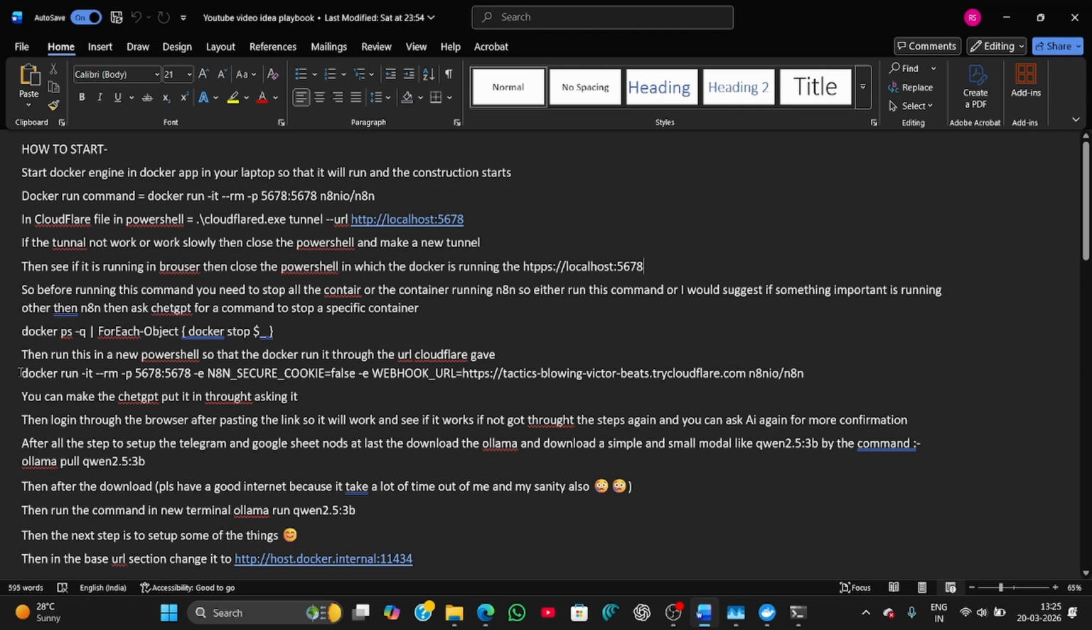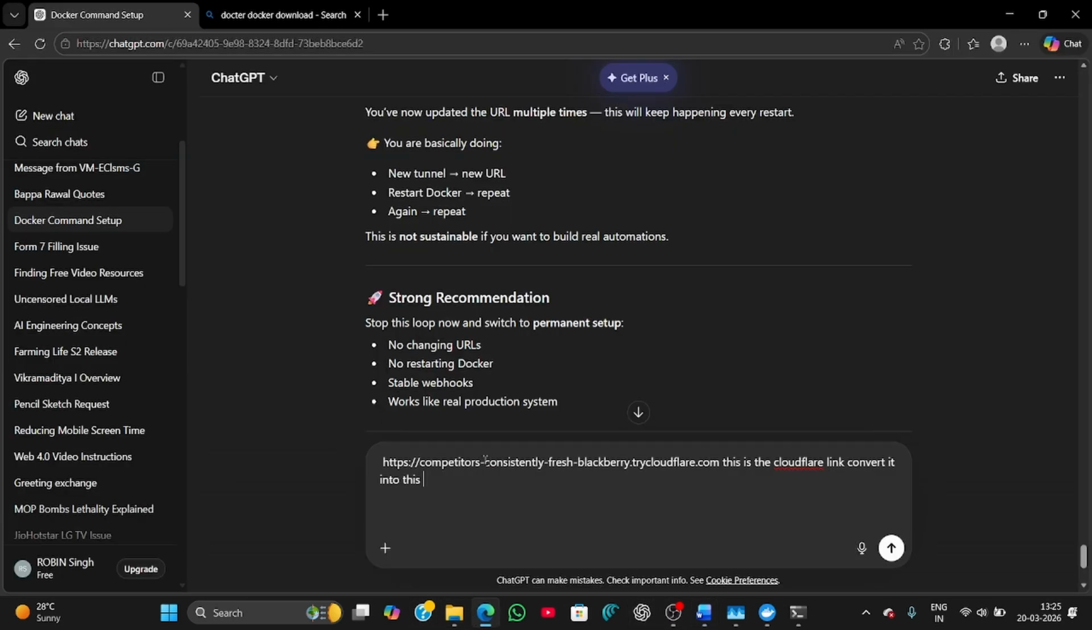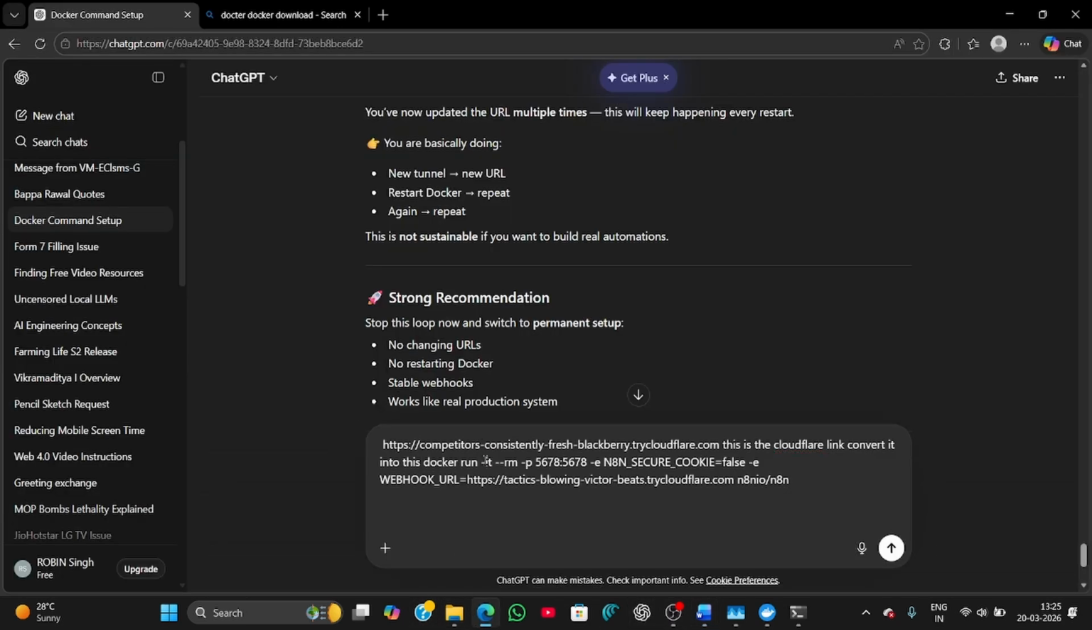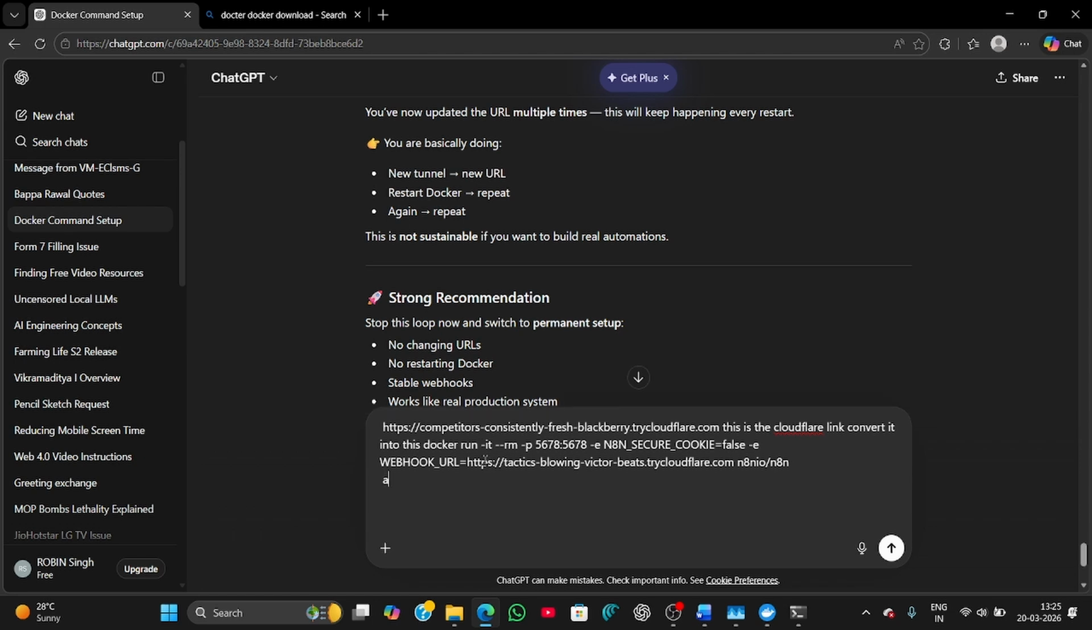Okay, so this is the link. Open it, convert it into this, and make sure it is in one line so I can easily paste it inside the terminal. You could give it even extra instructions like what you want and how you want it, but